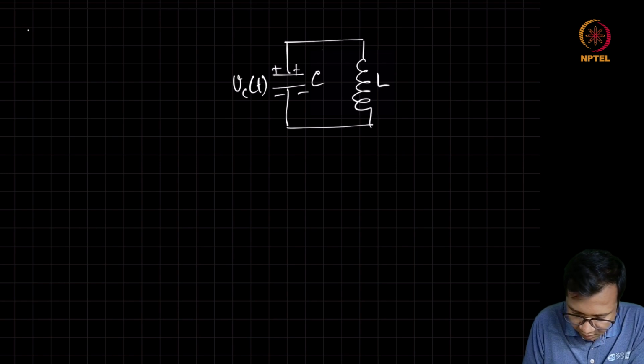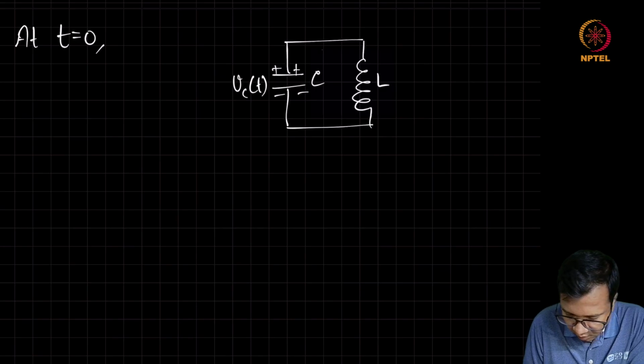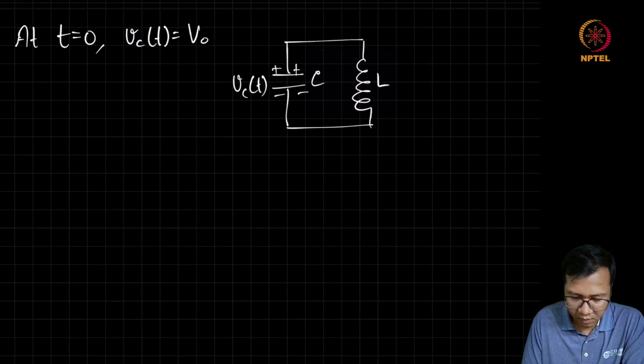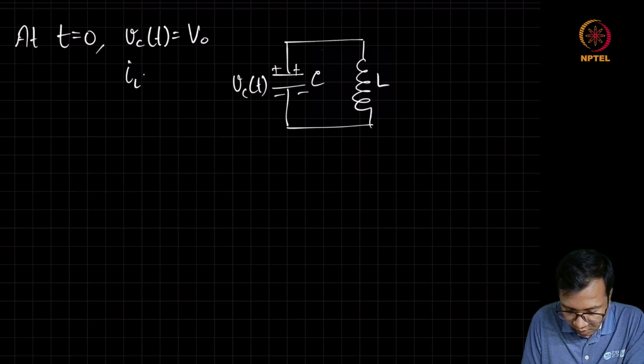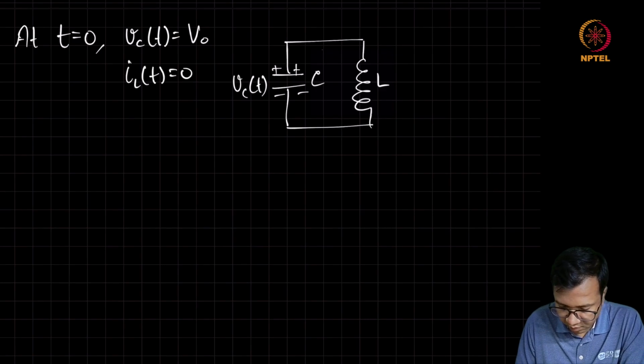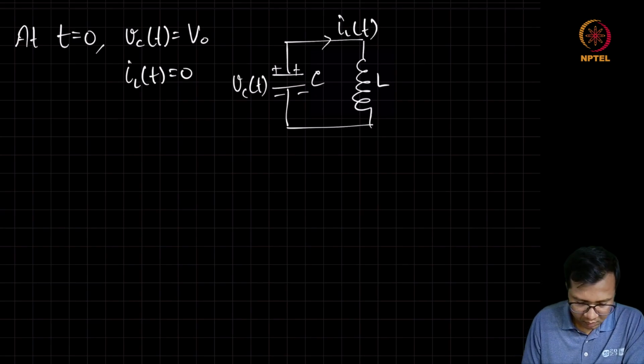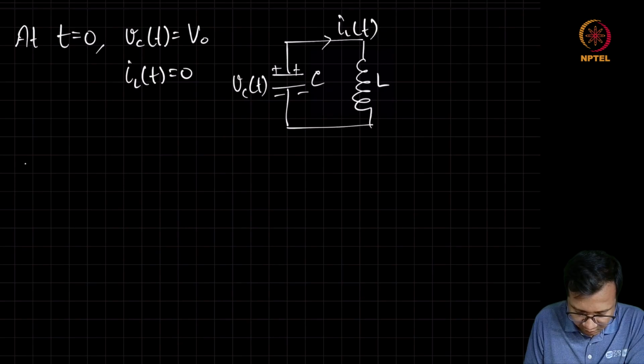Say the initial condition at t equal to 0: Vc of t is equal to V naught, and IL of t is equal to 0. This implies your Vc of t,